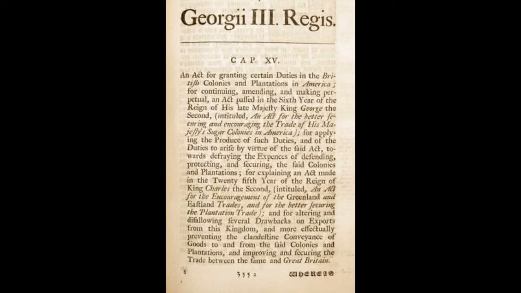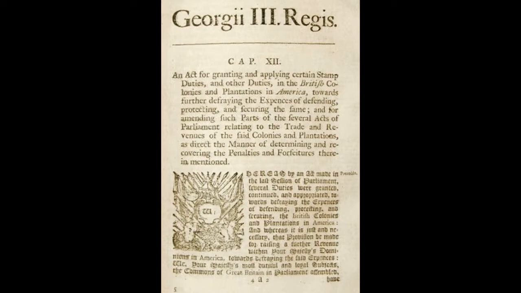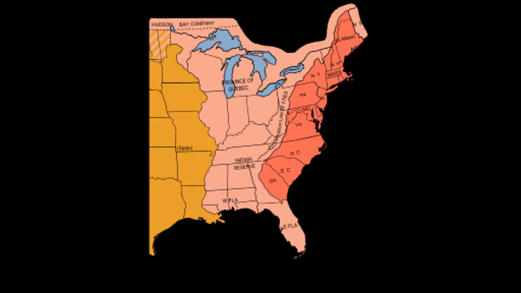Many new taxes were created, such as the sugar tax, which struck the colonists during an economic downturn, as well as the Stamp Act, which required any printed material in the colonies be produced on a special paper provided by London. The second main reason was the Proclamation of 1763, which forbade any colonists from moving past the Appalachian Mountains.